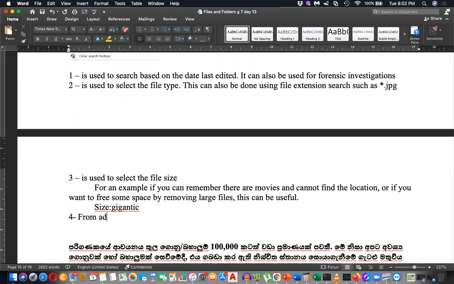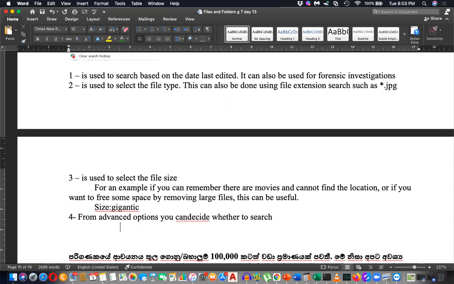From advanced options, you can decide whether to search A, content, B,